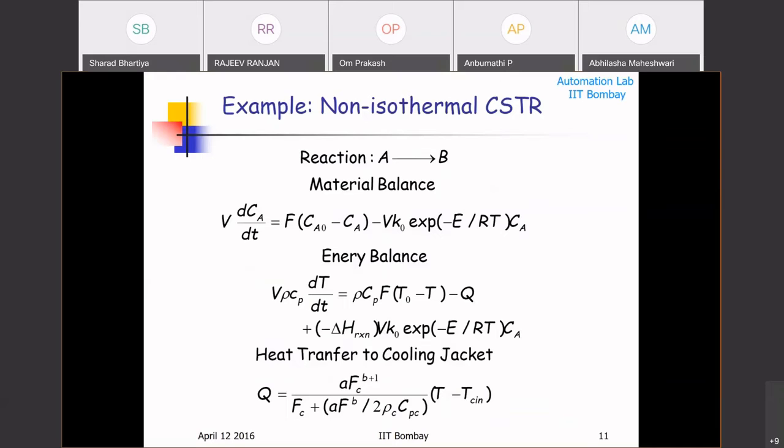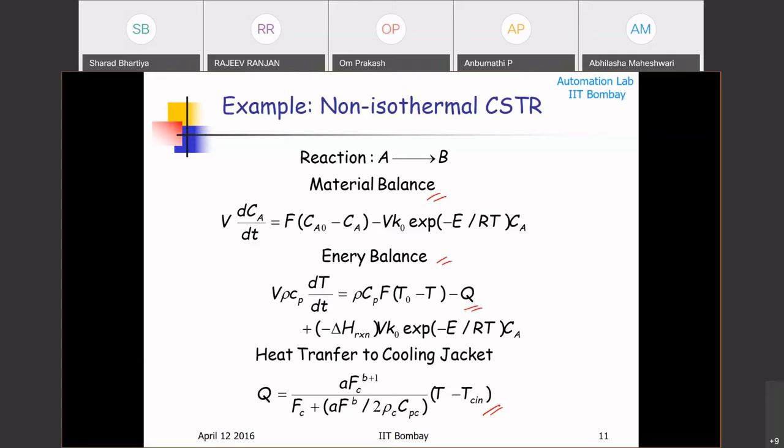So there are many examples which I have. I'll just look at it from a very top level. For example, you have this normal CSTR and you have a reaction A going to B. You write down the material balance, you write down the energy balance. In the energy balance, of course, you have heat transfer to the jacket, and so you need to be able to model that too. So now, if you were a person who would write down the first principles models,